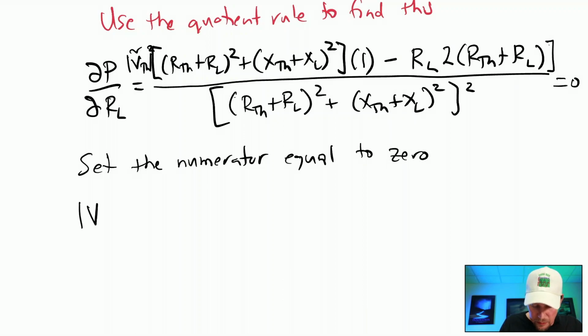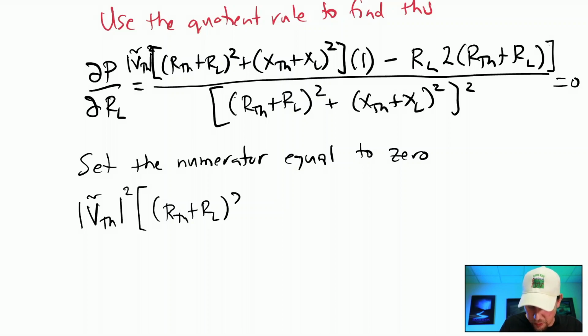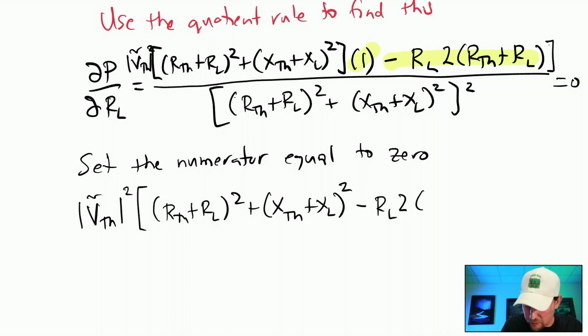That means we have the Thevenin voltage magnitude squared, times R Thevenin plus R load, quantity squared, plus X Thevenin plus X load, quantity squared. We would have actually multiplied this by 1, but that's exactly what we have. We don't need to do anything else. And then we take into account this term: minus R load times 2 times R Thevenin plus R load,